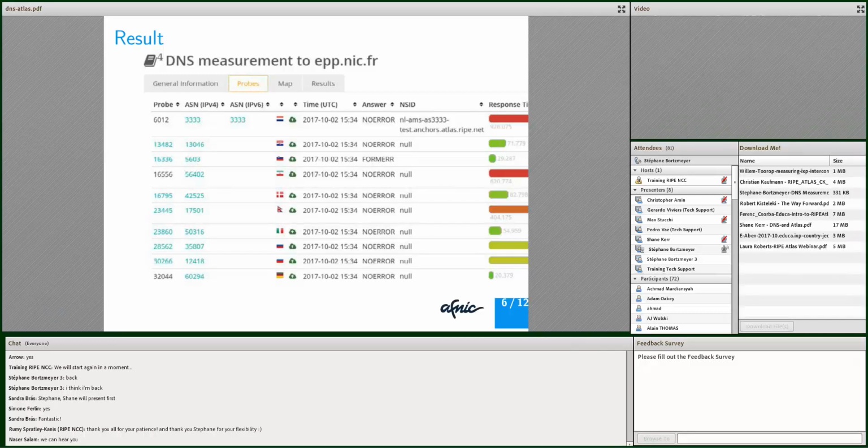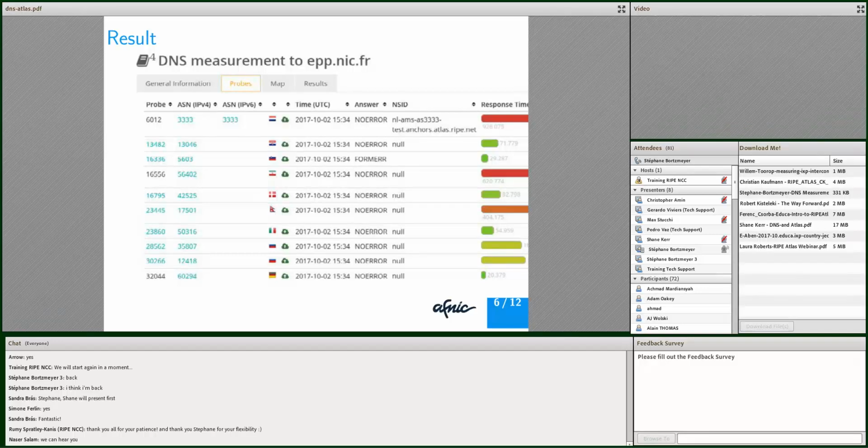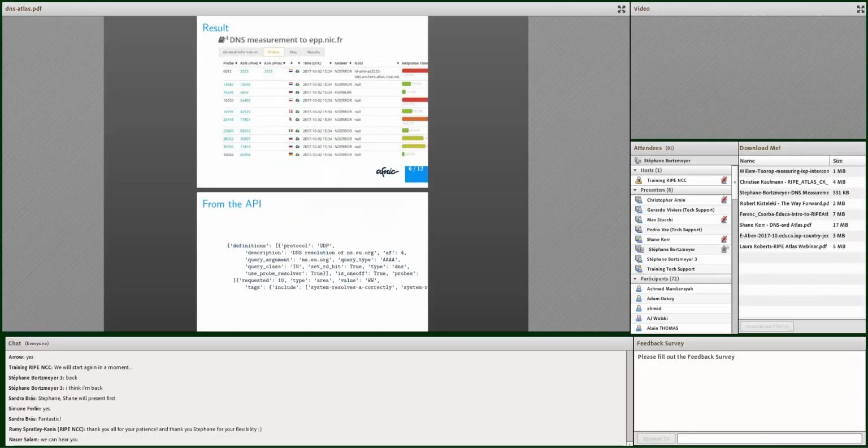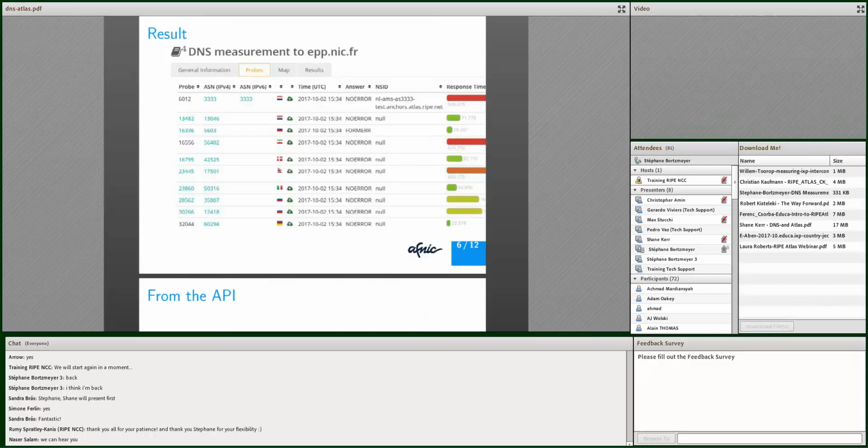it's in green. On the other hand, the first measurement has a very long response time, so it's displayed in red, but actually everything went fine, and the response code was no error. So be careful when you read the result of DNS measurements on the website. It's not always what you